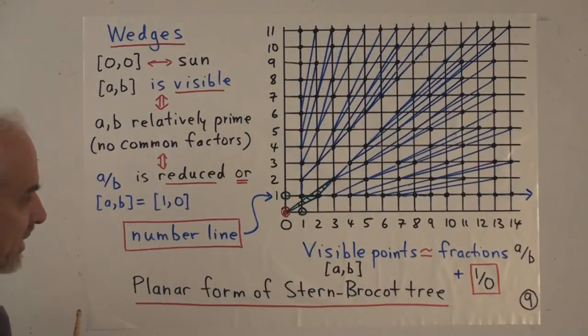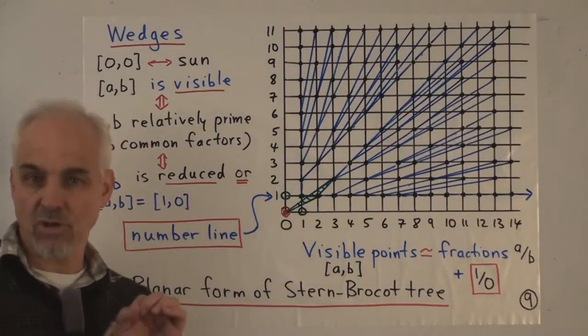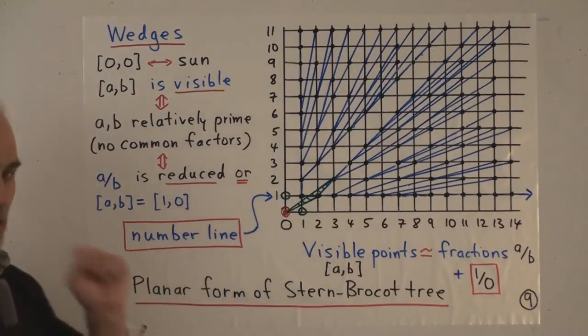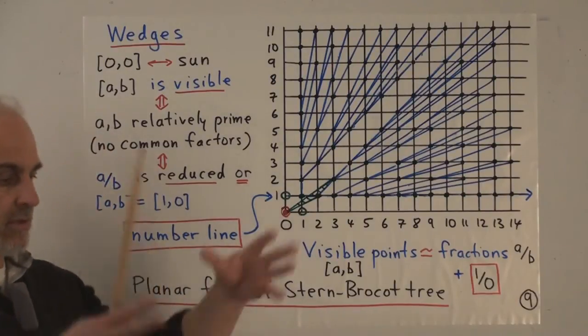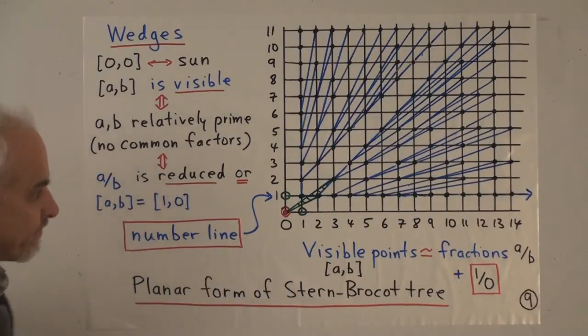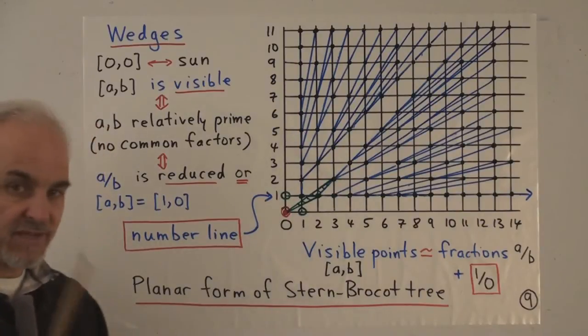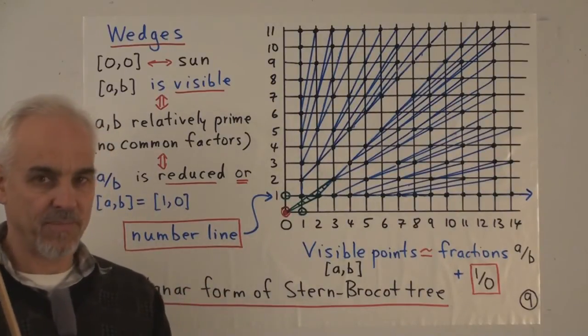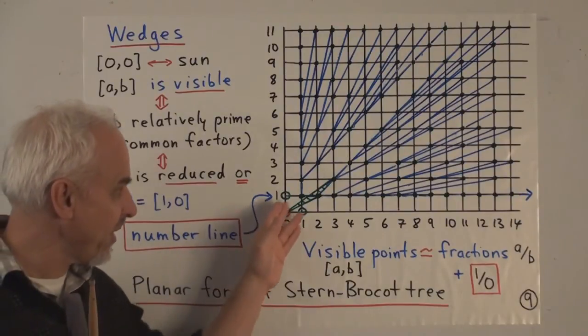And we're interested in a particular situation here, thinking of the origin as a special point, perhaps the sun. So imagine that you have the sun right here. The sun is beaming out rays of light. And we're interested in which of these integral points in this quadrant is visible from the sun. That is, there's room for a ray of light to get from the sun to the point.